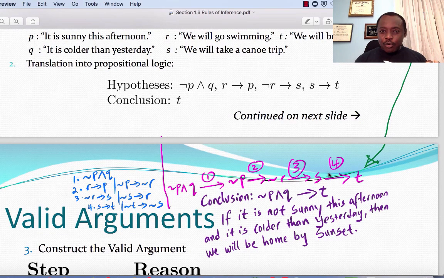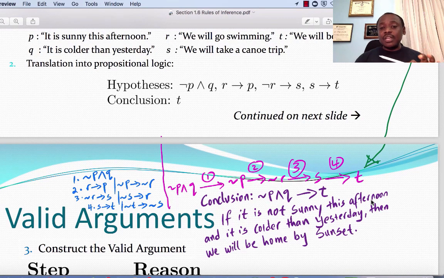So what is my conclusion? My conclusion would be where I start ends up with T. So what is the obvious conclusion? Or what is the one statement which I'm trying to reveal using all 4 propositions?